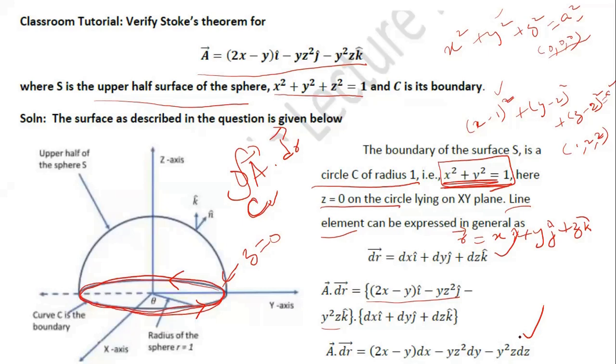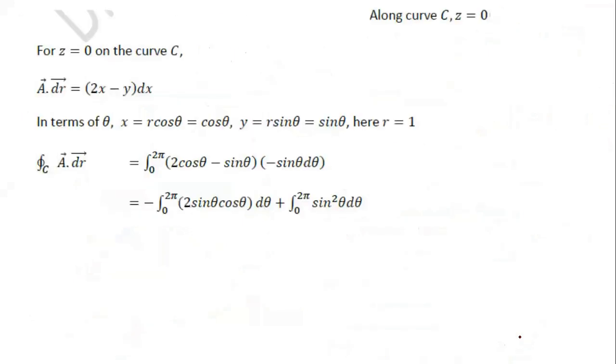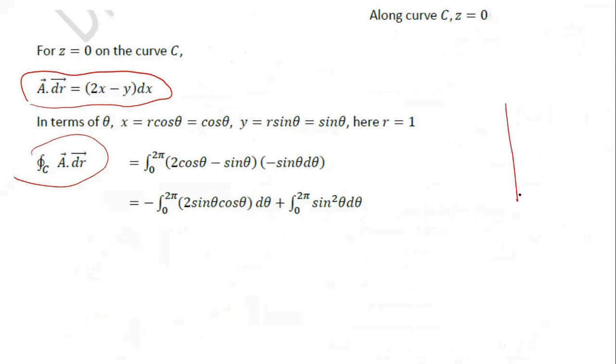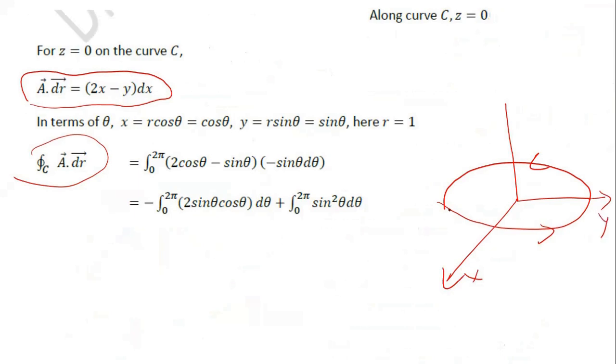So by putting z equal to 0 here, eventually you will have A dot dr as 2x minus y dx. Okay. Now our objective is to perform loop integration over this circle on the xy plane. This is the x-axis, this is your y-axis. So this circle will be the loop, the closed curve bounding your open surface. So in order to perform